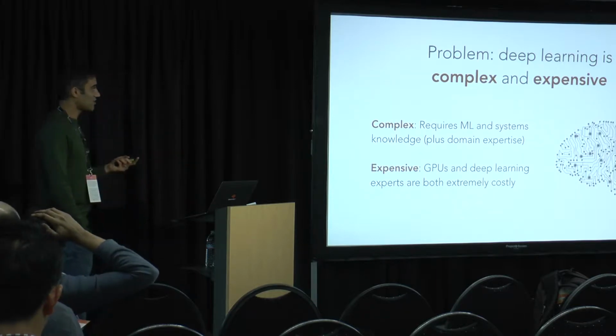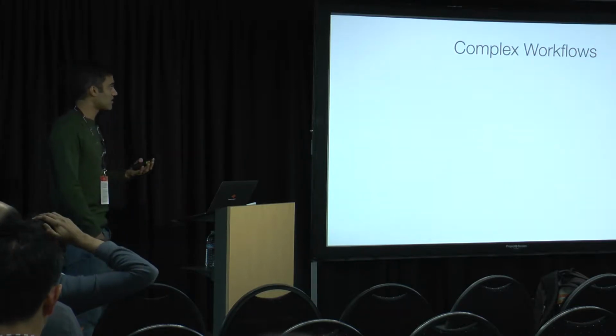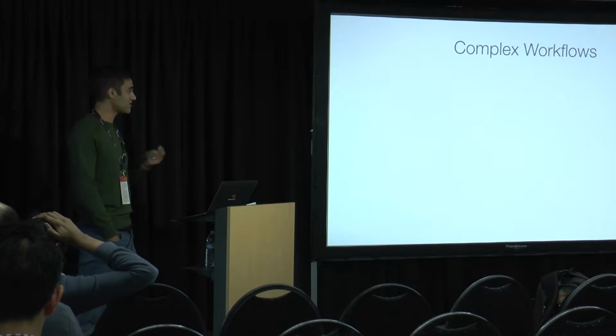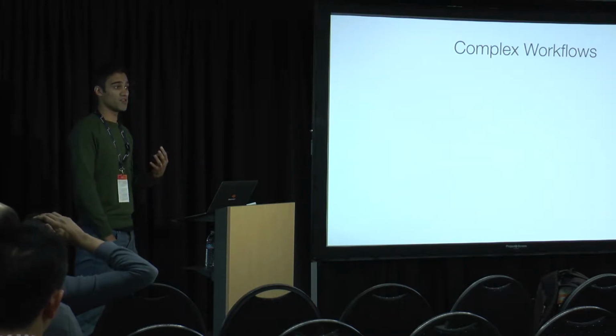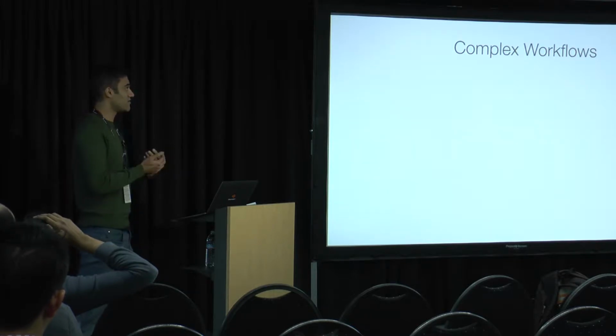So to understand a little bit more what some of the core problems are in getting a deep learning application off the ground, let's consider what a canonical deep learning workflow looks like from the point of view of a deep learning engineer. So this is somebody who, I'm going to assume, is already at an organization that's decided that they're pushing forward with deep learning. They already have an application in mind. What do they then need to do to go from that high-level application in mind to an actual product based on deep learning that they can deploy?